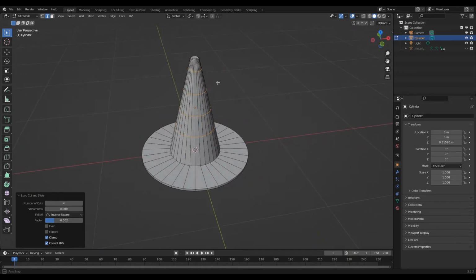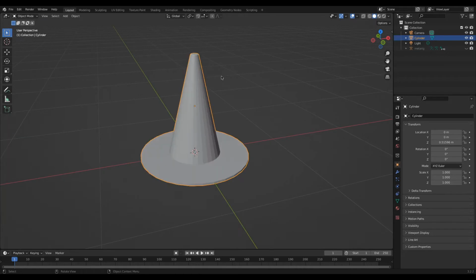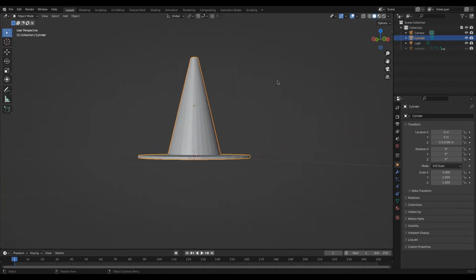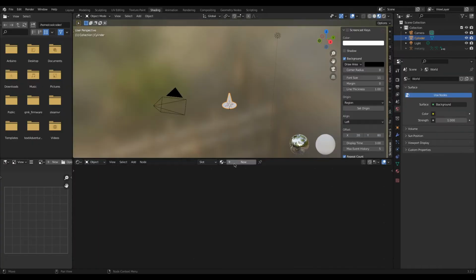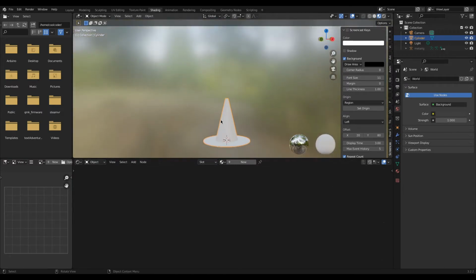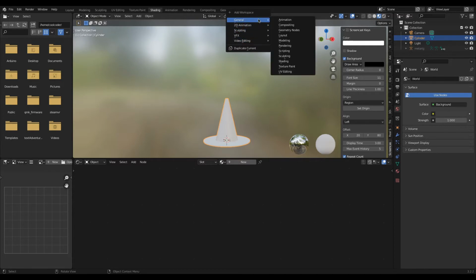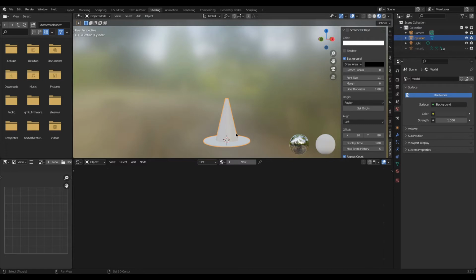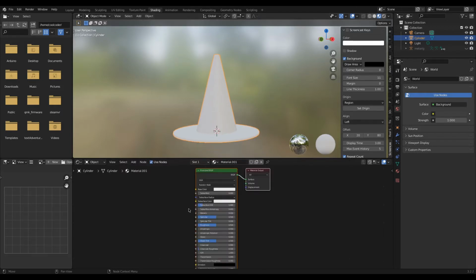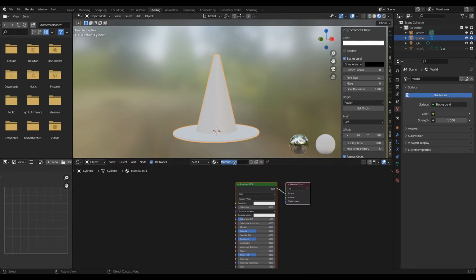So I think we're good for modeling there. I'm going to hit Tab to go back out of edit mode and we'll go into shading. For the shading view, up here at the top, if you don't have that, click the plus and you should find it under General and then Shading. Shift and middle mouse click and drag lets me pan around and position it more in the center of the view. Hit New, we'll call this the traffic cone